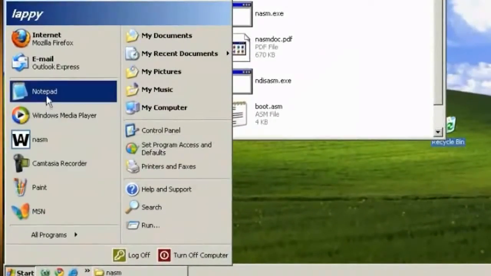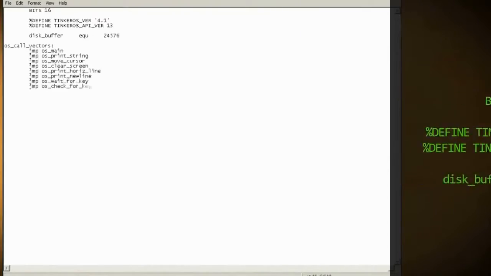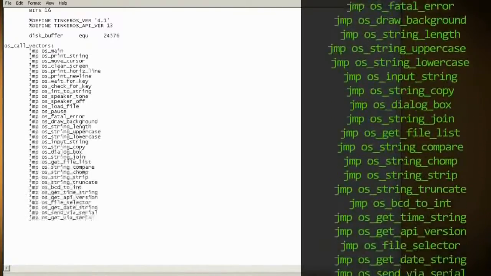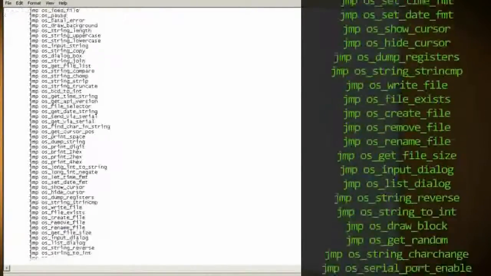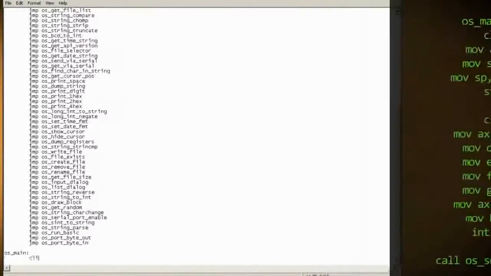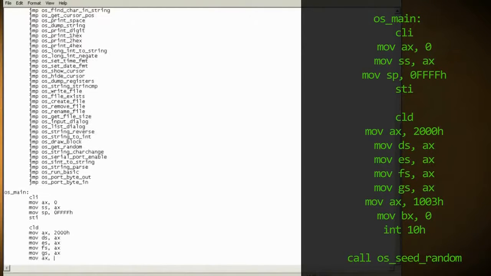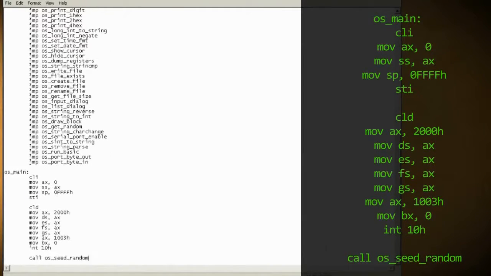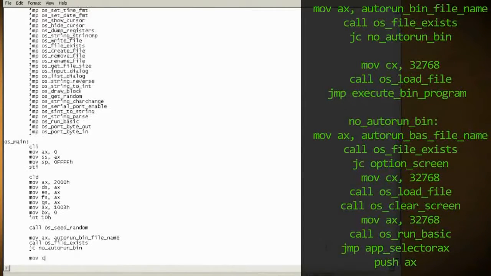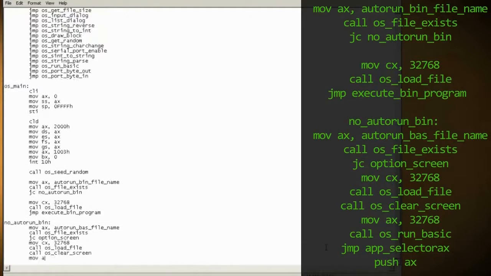So let's open up Notepad again, and let's set the file to 16-bit and set the memory size to load our kernel into. Next, we're going to go ahead and call all of our functions so that we create a spot for them in memory. Now we're going to go ahead and start writing our main program. First, we're going to check for any hardware conflicts and set the text output settings, and then create a random number generator. Next, we'll search for a file called autorun.bin, and if that isn't found, we'll search for one called